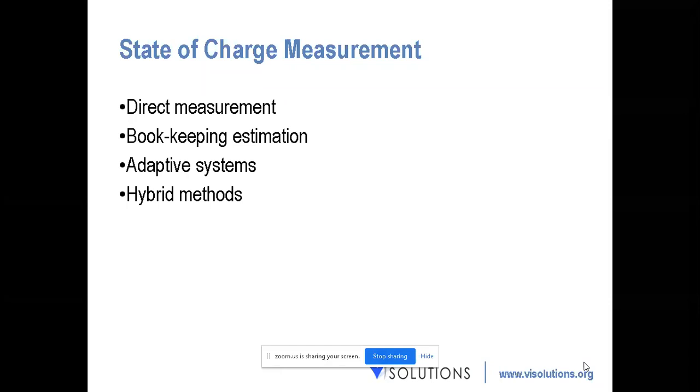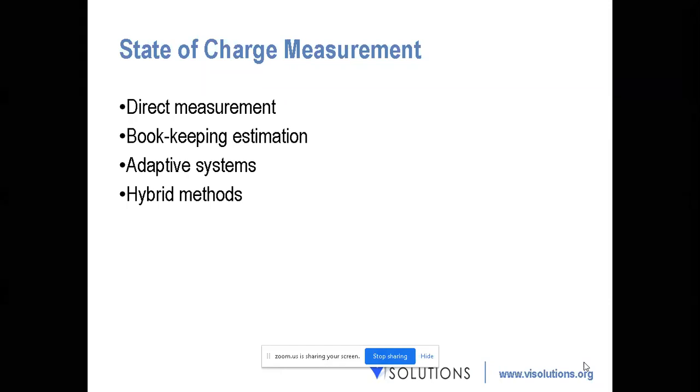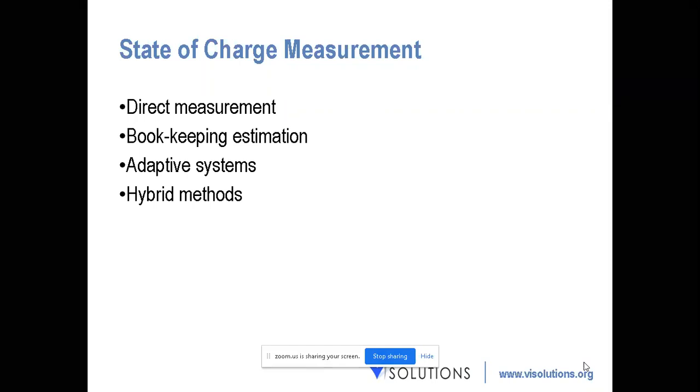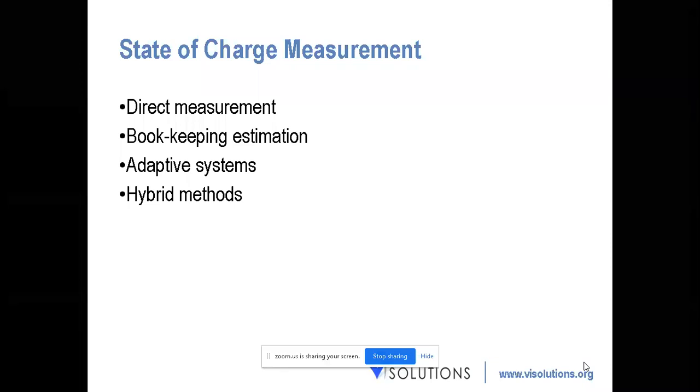So bookkeeping means it will continuously monitor the voltage value and the rate of charging and discharge of the battery, and with that it will calculate at what voltage it will be 0% and at what voltage it will be 100%, and it will maintain the record of it, so that when a particular voltage appears, it will say okay, it's 70% or something. It is something like a lookup table, you can say.